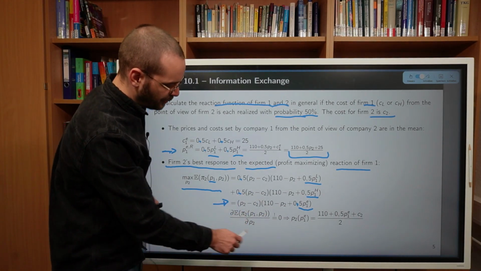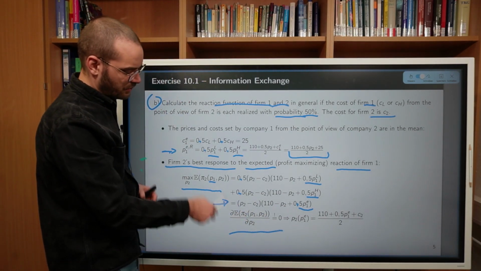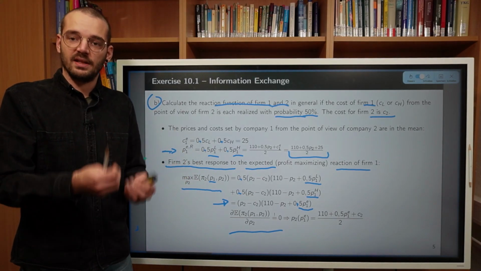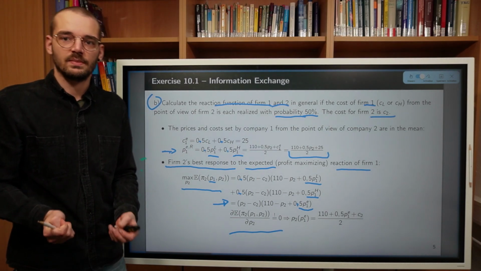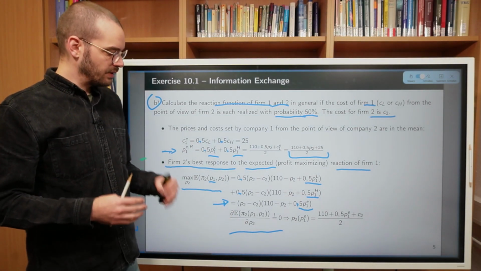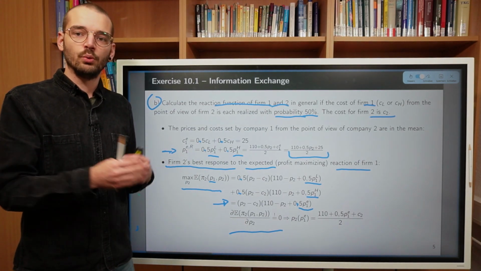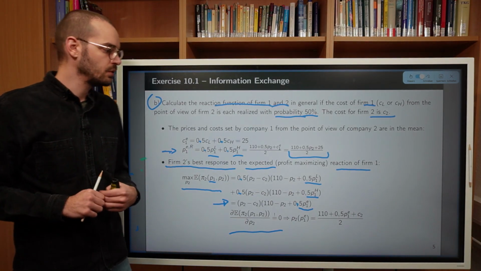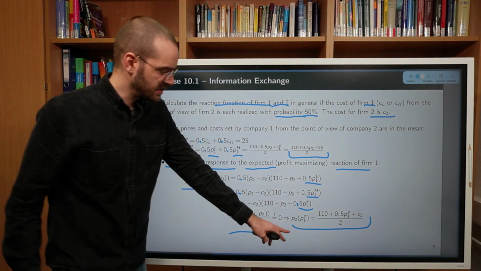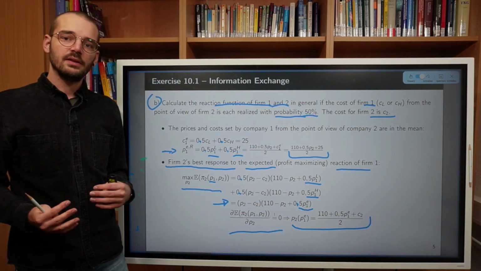If we follow along, in order to find this profit maximum, we state the first order conditions, which implies calculating the partial derivative of the profit function of firm 2 with respect to the price of firm 2. If we do so, we arrive at this reaction function down here,